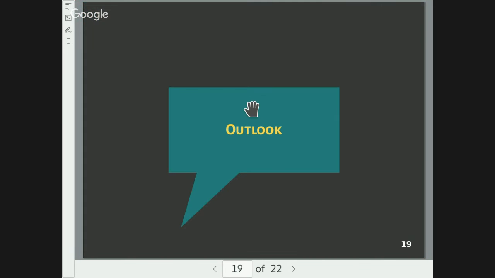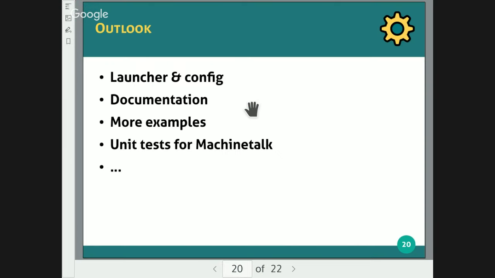So, a little bit of outlook into the future. What needs to be implemented is the launch and config service. I need to work on the documentation. In general, the Machinetalk API is not very well documented, also because it's still under development.